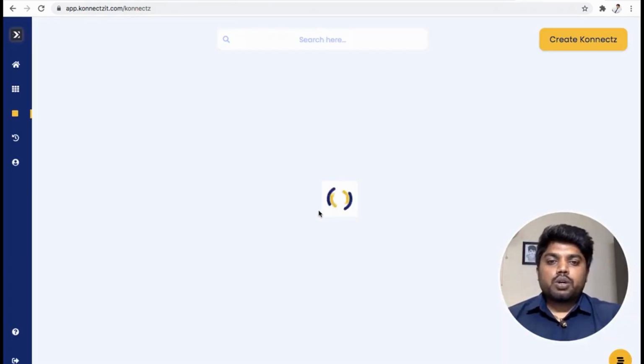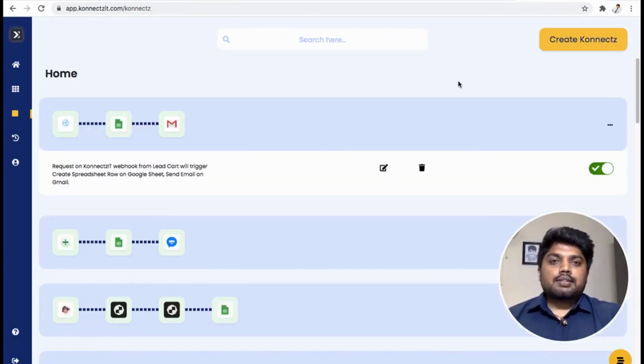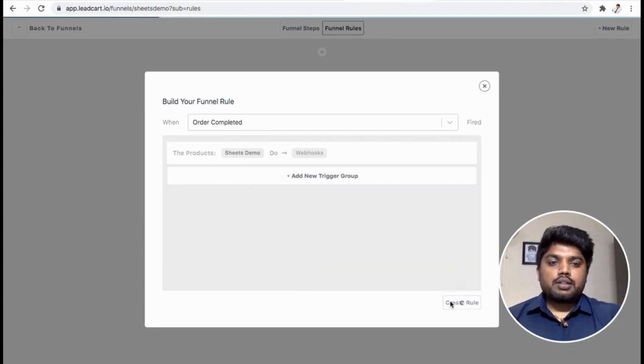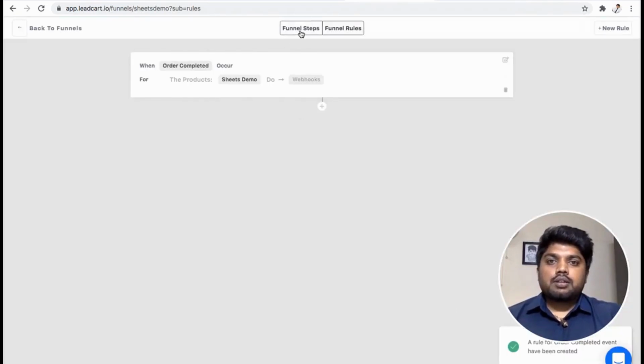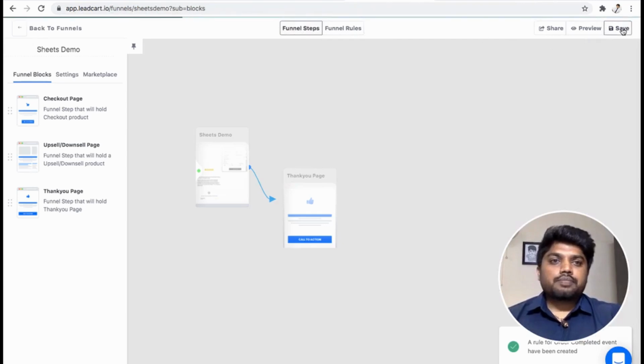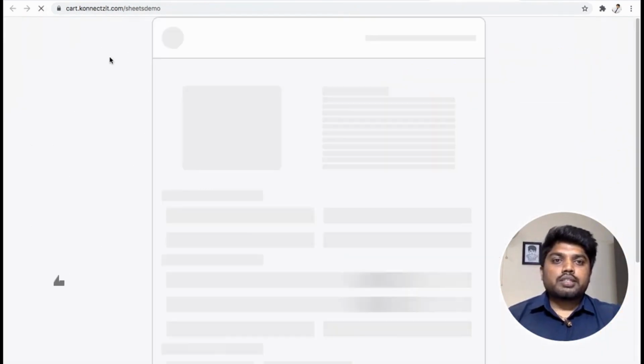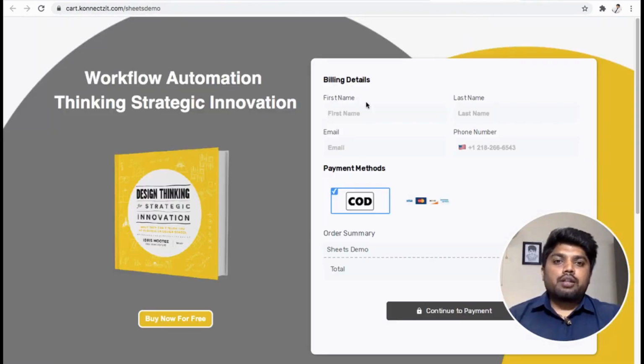Let's go ahead and save my webhook in LeadCart, and I'm going to test it live using LeadCart.